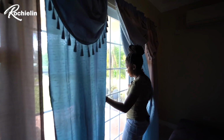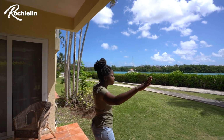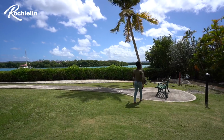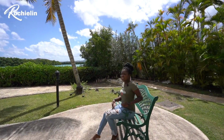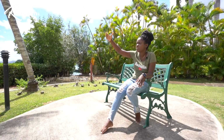So you do have sliding doors to access the balcony, and let me tell you, Montego Bay is very windy. It's very cool. You do have this beautiful view on the outside, and you have seating on the outside. You're able to come out and chill, especially in the evening time when the sun is not as hot. You get to just be out here and relax, you look out on the water,